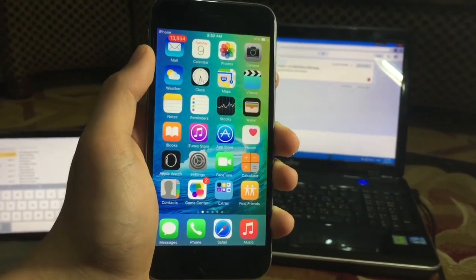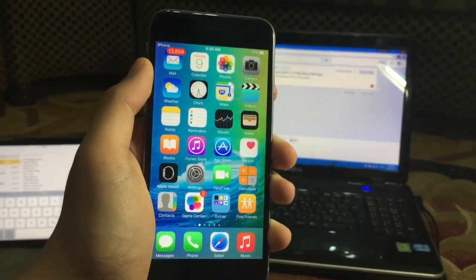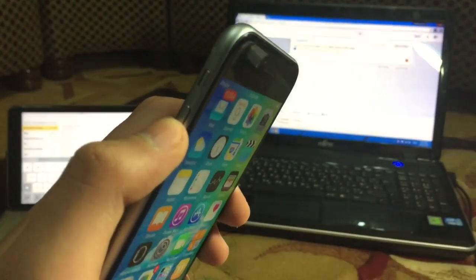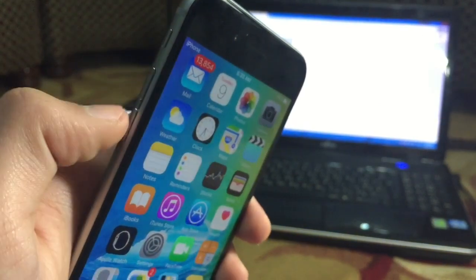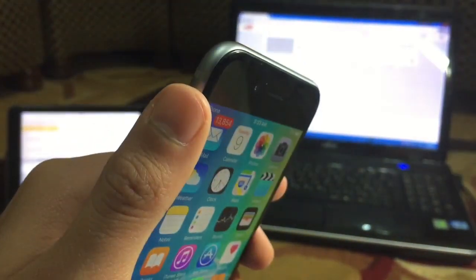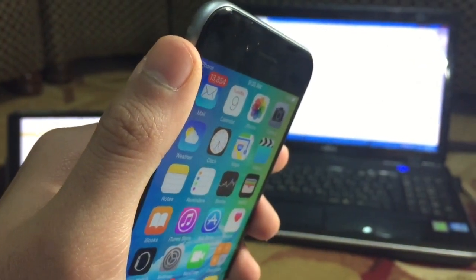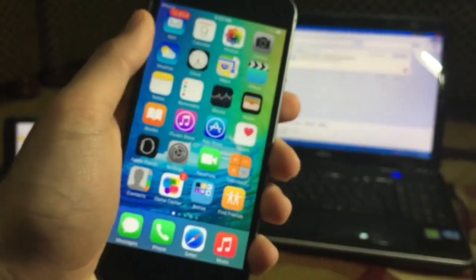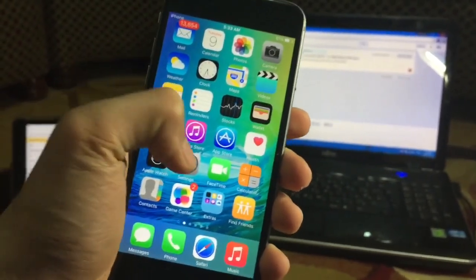I'm going to be showing you the top 12 hidden features in iOS 9. So for the first feature, as you can see here, there is a button. It's right above the volume buttons. This is the switch button, and we usually call it the mute switch. Now we're no longer going to call it the mute switch because now it can act as a rotation switch,